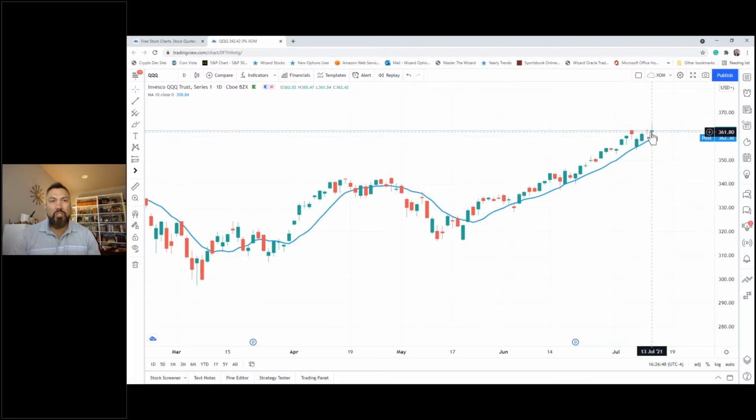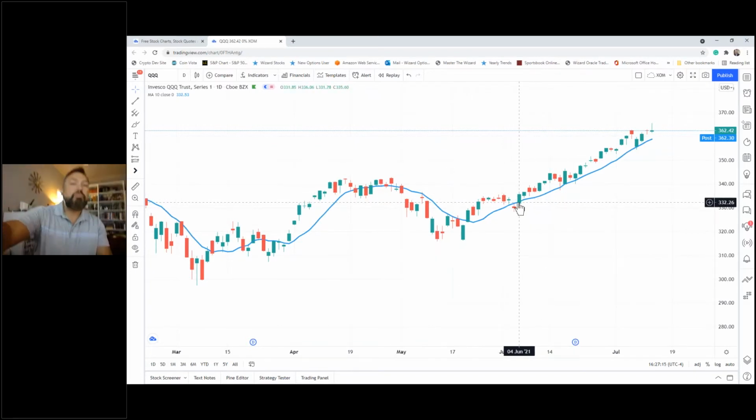We opened at 362.03. We closed at 362.42. We closed above the open. That means it's bullish. Monday, the day before, we were slightly bearish. It's red. Friday, last week, bullish. You can see how this 10-day rolling average has been below the bars going all the way back to